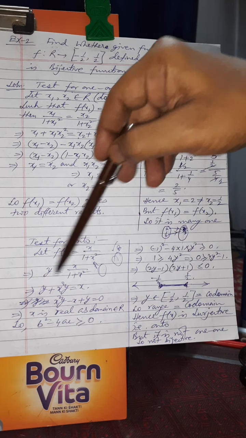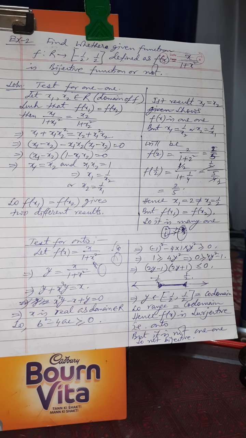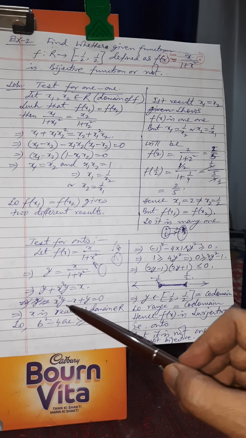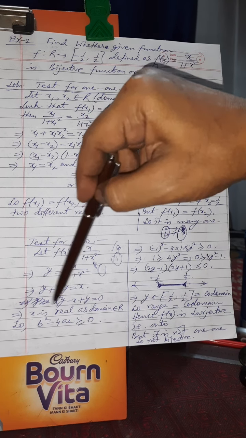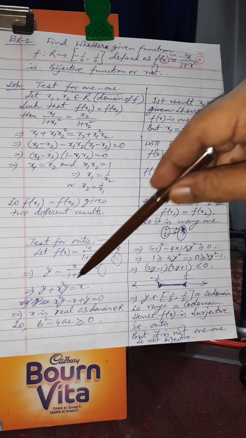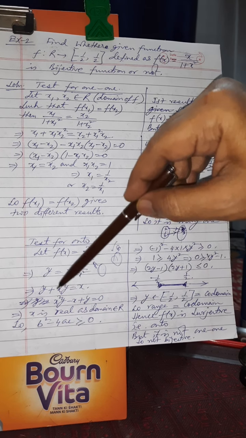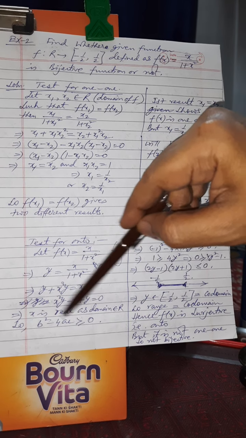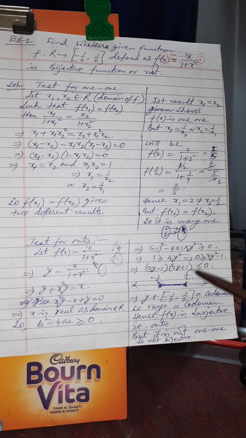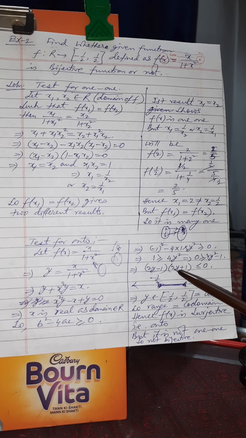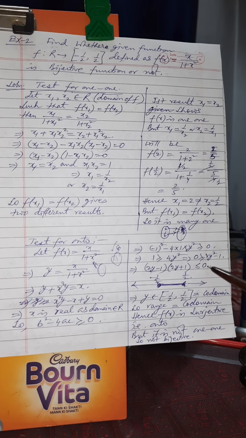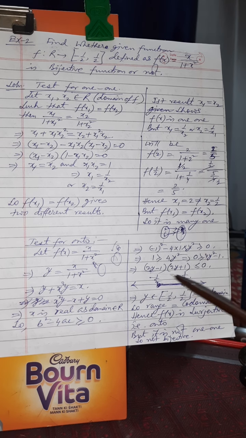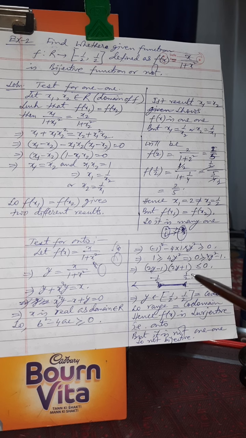So I have taken y is equal to x divided by 1 plus x square, and then x is expressed as the quadratic equation over here. You can see simple algebra is done over here. So if it is a quadratic equation and x is a real number, then the discriminant of this quadratic should be greater than or equal to 0. So after that we come across this (2y minus 1)(2y plus 1), product is less than or equal to 0. On the number line, this whole thing should be less than or equal to 0.